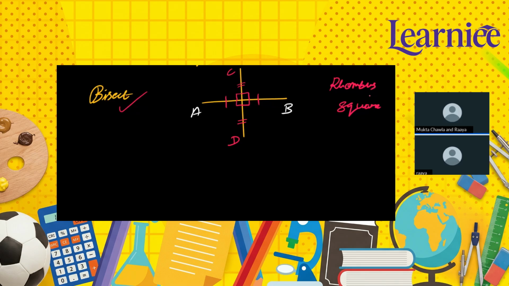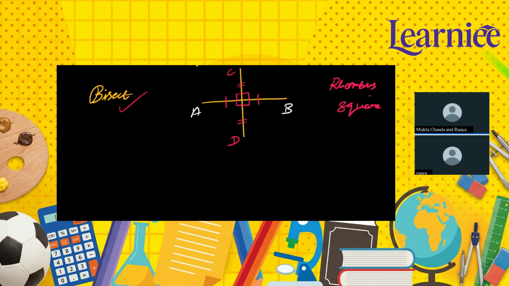Generally, the diagonals are equal. Well, if you have to identify, what students usually say is, okay, a rhombus is a little bit tilted, the sides are slanting, so that is a rhombus. And if the sides are straight, that is a square, which is not the actual case, right? How can you differentiate? You will simply say, if the diagonals are equal, that would be a square. But if the diagonals are unequal, that would be a rhombus, because we know that for a rhombus and a square, the sides are always equal. So how can we differentiate?